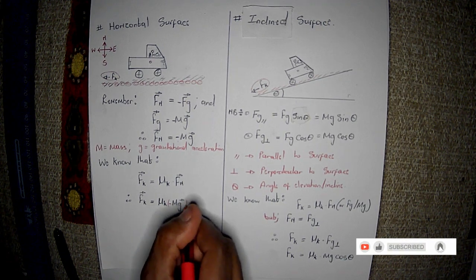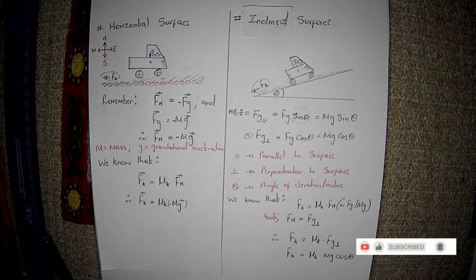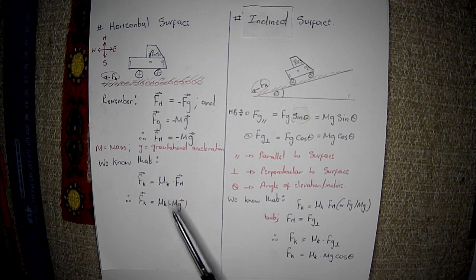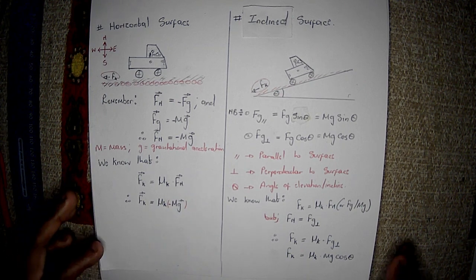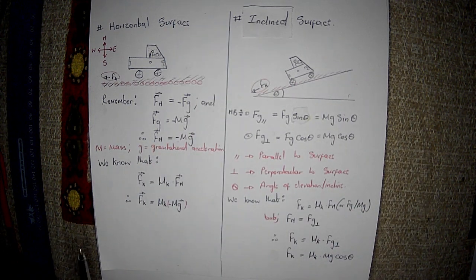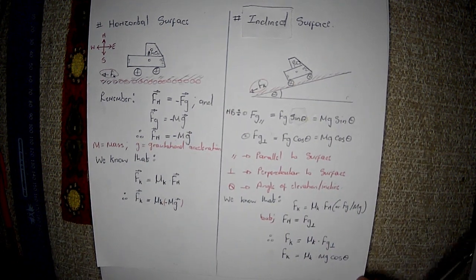Please don't mistake this negative as a minus. I put a bracket in there to show you that you are still multiplying these two. And so our kinetic friction in this case would be calculated using the coefficient of kinetic friction, multiplied by the negative value of our gravitational force, similar to our normal force. Okay, now if we were to move to the right side of our paper, or right side of the screen,